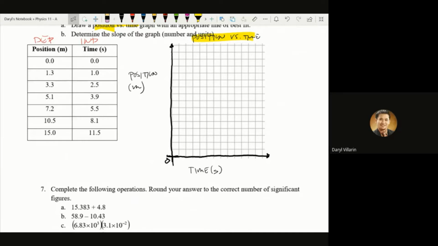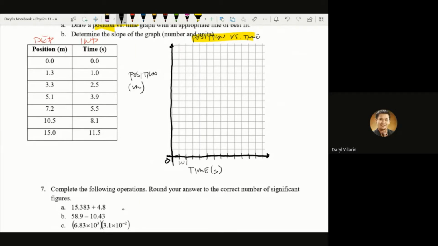Depending on the space that you're given, just try to take note. Do you think this is enough for me to use every line as 1 second? Well, you have 1, 2, 3, 4, 5, 6, 7, 8, 9, 10, 11, 12. Well, that's enough. So therefore, I'm going to use a scale of